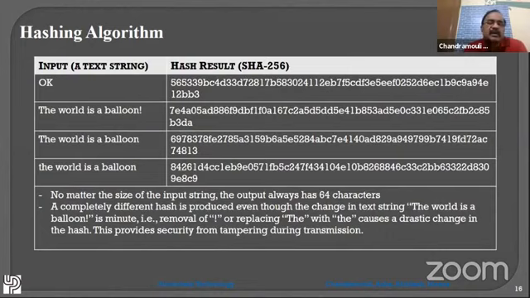So I have displayed some of the hashing results. If you look at the second, third, and fourth, right? I just changed the input very slightly. The world is a balloon, right? I don't know how many of you can notice what was given in the second and third one. I removed only the last character, right? The world is a balloon without any other special character. And the fourth one I gave, the world is a balloon, the capital T, I changed it to small t. But you see the results, right? So a completely unique hash is given. That is what the main